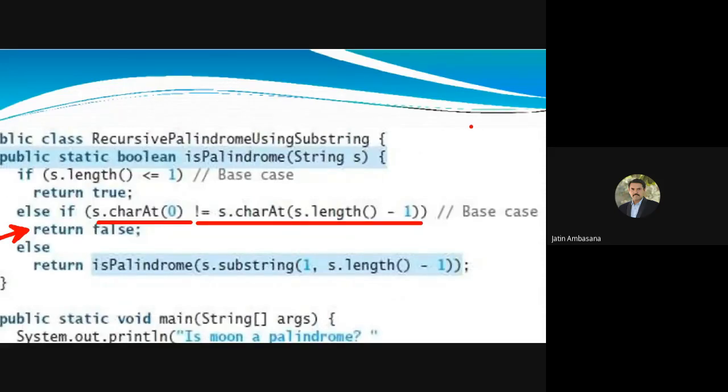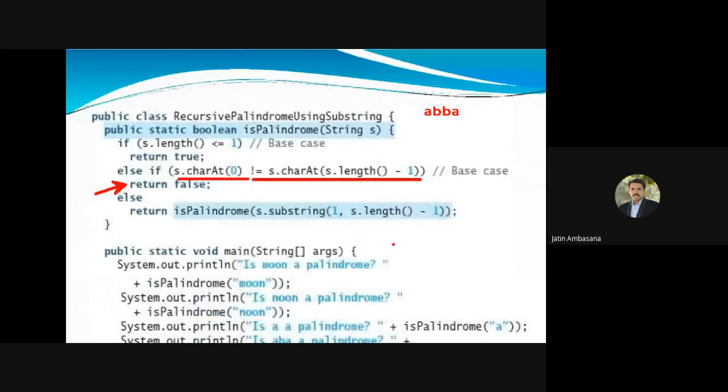If the string is something like ABBA, what happens? First, these two are compared. This A is represented by s.charAt(0), and this A is represented by s.charAt(length minus 1).